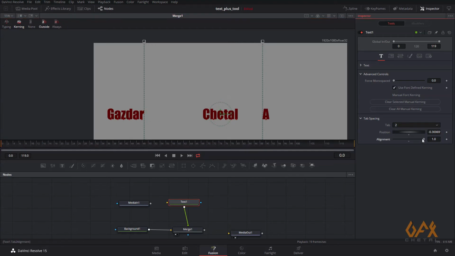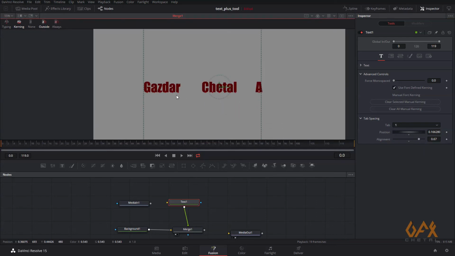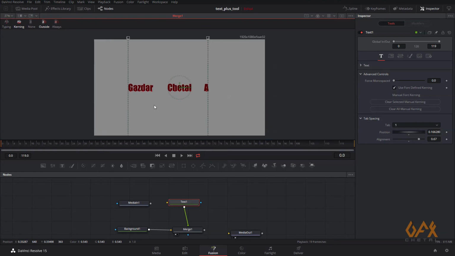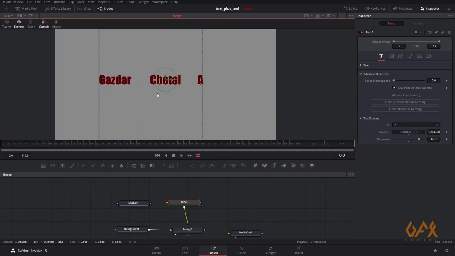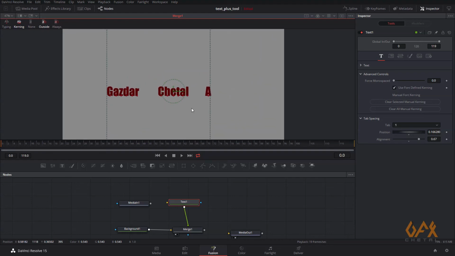Even you can change from here also. This is also somehow you can use. It's upon your requirement and all the stuff. So here I covered most of the basic properties of the Text Plus tool.